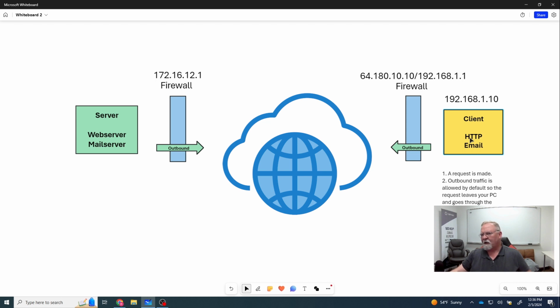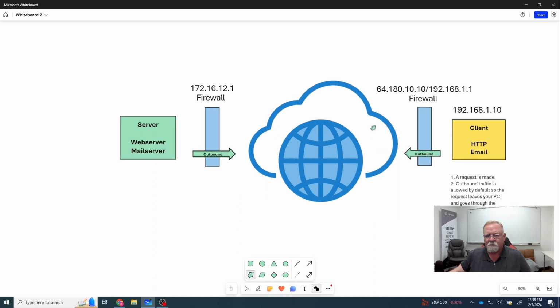If you have multiple clients on this side of the firewall, that's how it knows which one to go back to. It retranslates that information, it resets it to the private IP address that it came from. So your router keeps up with that. And so essentially what you've got is the IP address is changed, and now the traffic is moving out. So we've got, first of all, unsolicited traffic